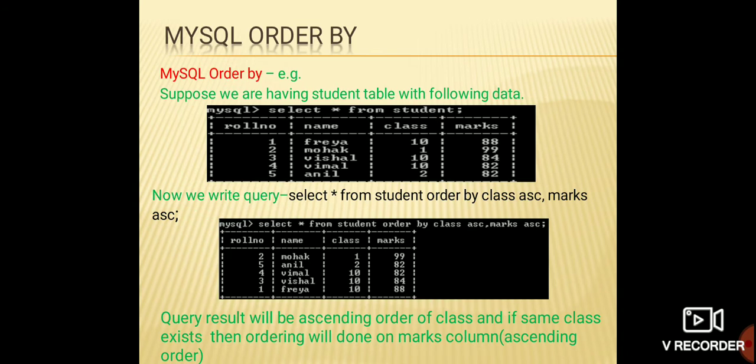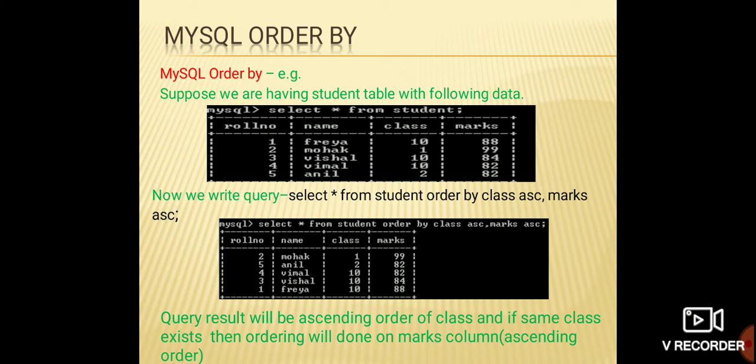Okay, next, in the next example, if you want to give two parameters as I have mentioned earlier, I took the same example: select asterisk from student, with various parameters like roll number, name, class, marks, everything displayed over there. If I want to order according to class, as well as according to marks also, then if my condition is not satisfied according to class, the condition should be satisfied with the help of marks also. The two conditions are applied here with the order by clause. You can see, like class 1, I am mentioning it in ascending order, I want to show both in class also, in marks also.